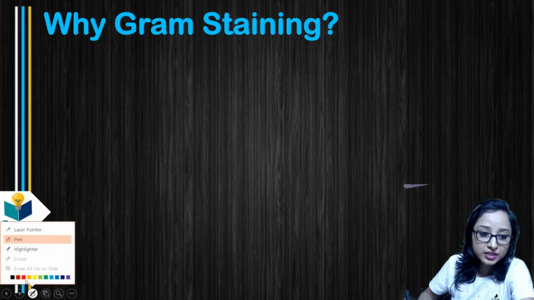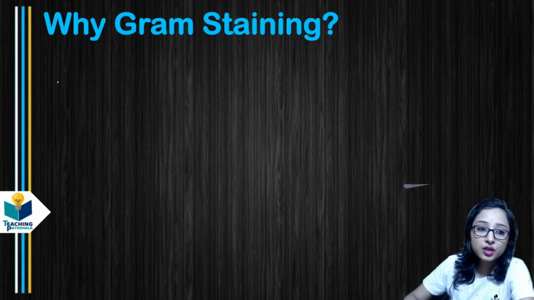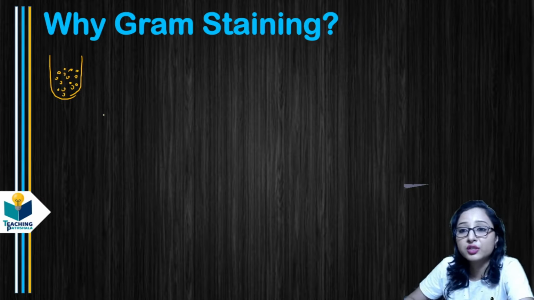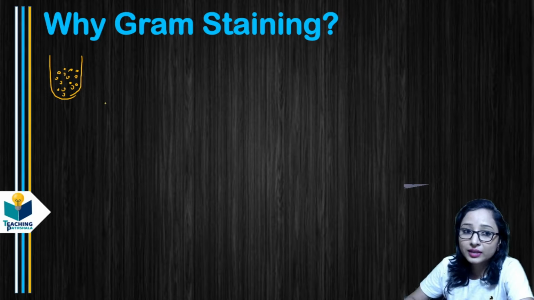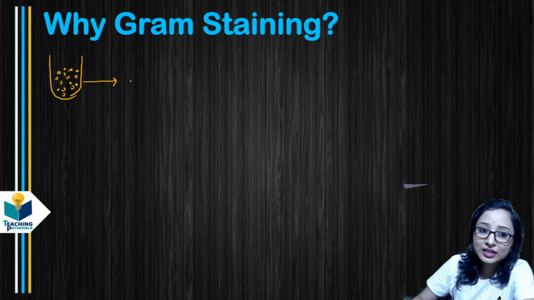Okay, so now the question is why we perform gram staining, right? Because if you are studying this technique, we should have an aim of why we need to study this. Suppose you have been provided with a sample, and this has a culture media. You don't know what kind of bacteria are in this particular culture media. So first of all, you want to characterize these bacteria. First of all, you have to know whether they belong to the gram positive group or gram negative group, and for that you start doing the gram staining.